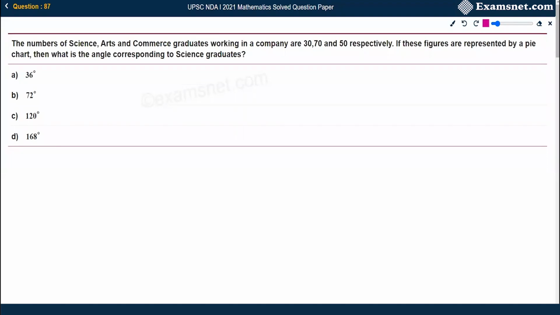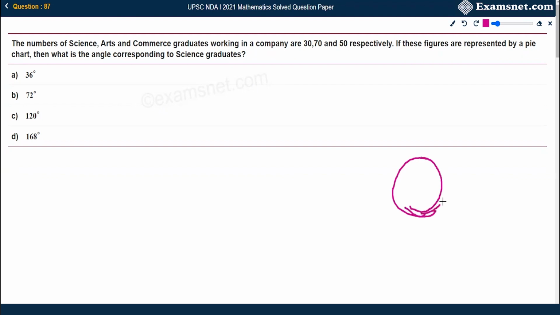In question number 87, it is given that the number of science, arts, and commerce graduates working in a company are 30, 70, and 50 respectively. If the figures are represented by a pie chart, then what is the angle corresponding to science graduates? Let's first talk about a pie chart. What is a pie chart? A pie chart is a pictorial representation of certain information. There is a circular shape,